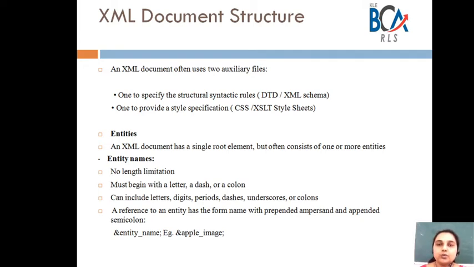A reference to an entity is its name with a prepended ampersand and an appended semicolon. You can see in the example, if apple_image is the name of an entity, then ampersand apple_image semicolon is going to be a reference to it.